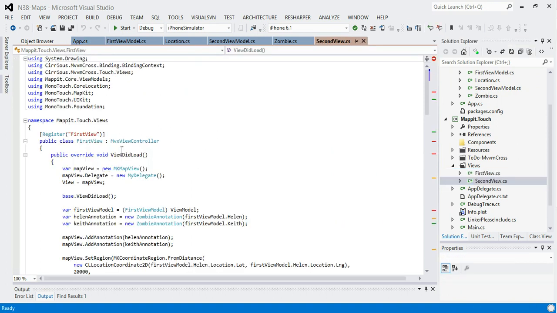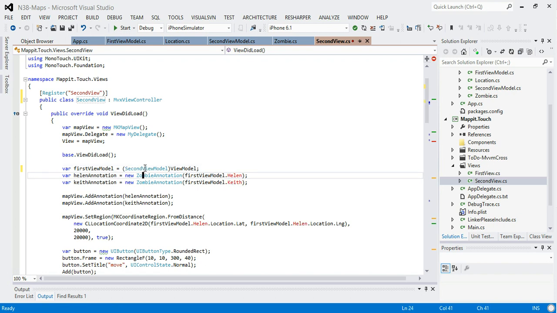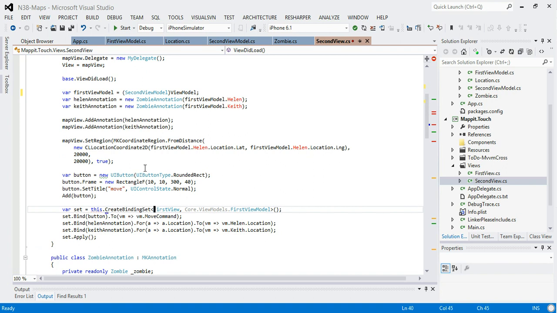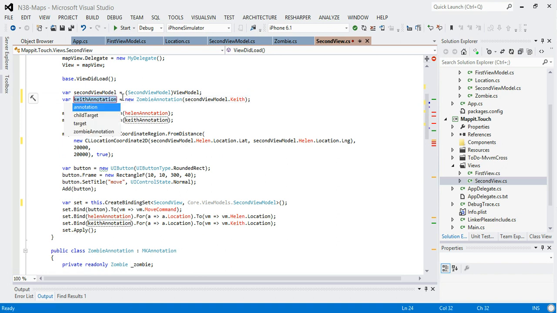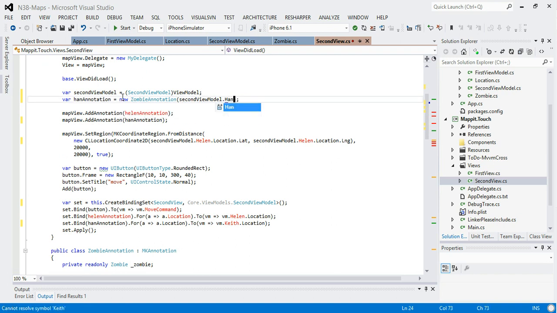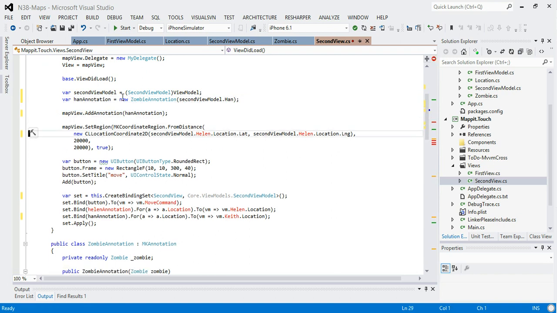And you can see here we're going to have a second view. I'm just going to rename a few things to get these going. Obviously I won't have a Keith and a Helen anymore, but all I'm doing here is literally just changing words. So let me rename a few more things. All I've done is cut and paste, my favorite mechanism. This is going to be a Han annotation, and I'll make the center on Han. So yeah,